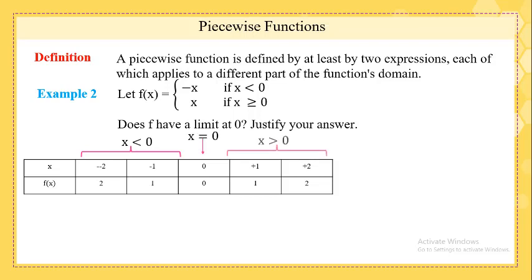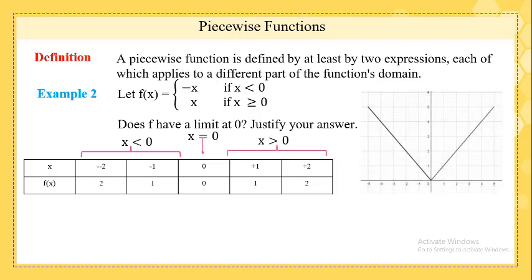We see that as x is negative, the following values as x tends to 0 and x greater than 0. If we graph this function, we observe that